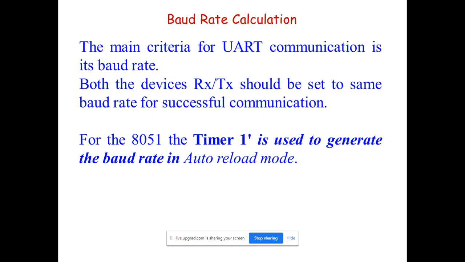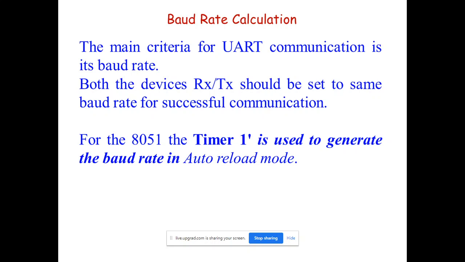Those are used for different timing applications, for example microwave oven, washing machine, etc. Mode number 2 is what you use for serial communication. In serial communication, once you set the baud rate, every character must be passed with the same baud rate. Suppose you set your baud rate during working hours, from 10 to 6, as 9600. Then all the data during this duration must be passed at 9600. It will not vary. Sometimes it is 9600, sometimes 2400, sometimes 1200, like that. It must be fixed to a particular baud rate.